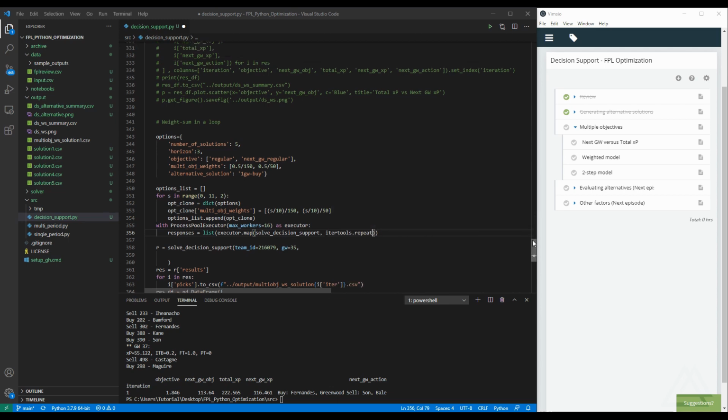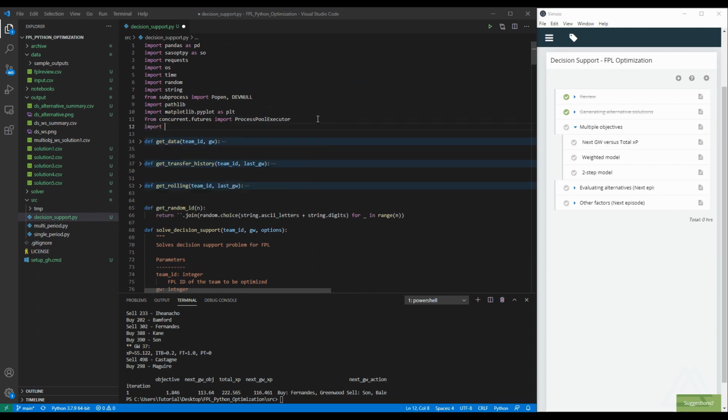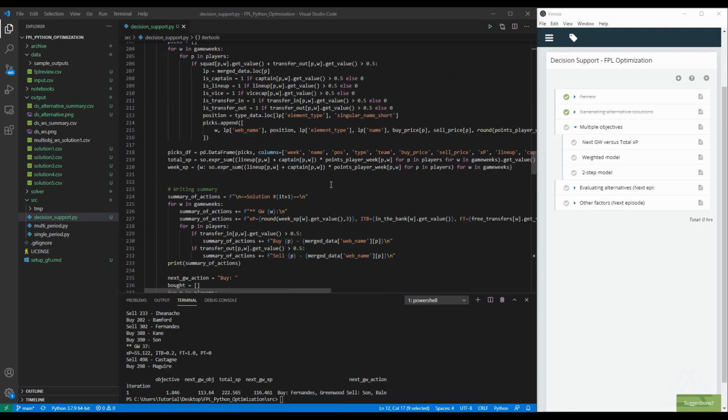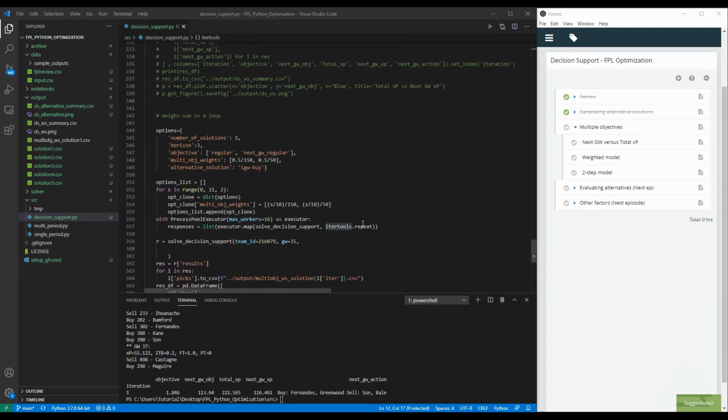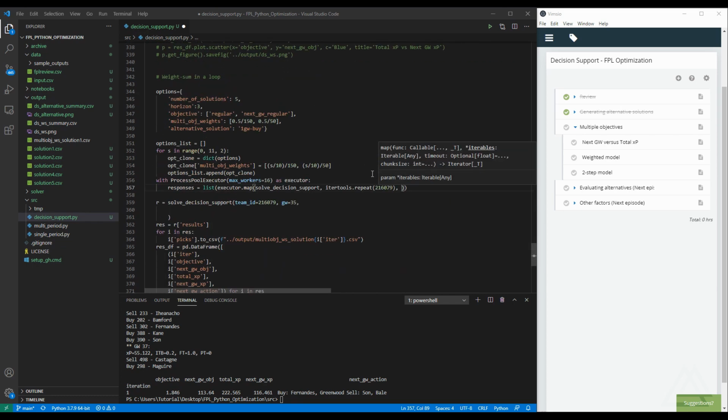Do I have itertools? I don't. Let me import it. Import itertools. This tool will help us repeat the same team ID over and over again. I will use this, and as my second argument, I need to give game weeks. So I will say itertools.repeat 35,